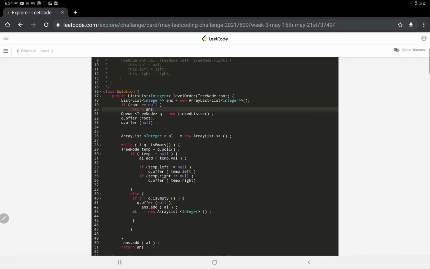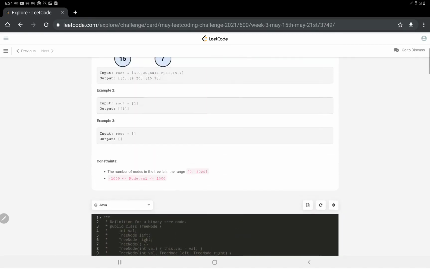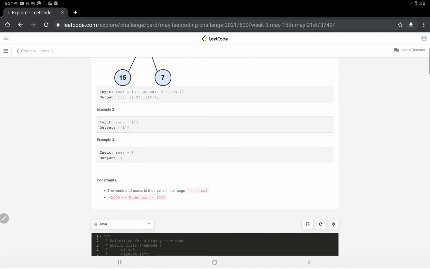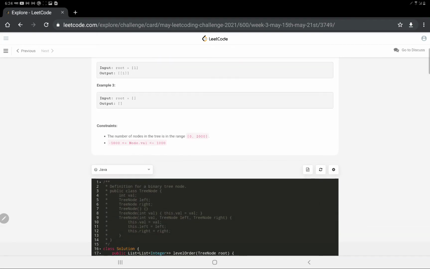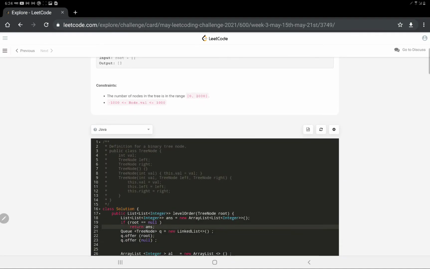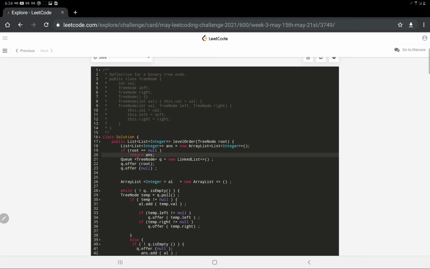Here is a very well defined code. Basically, if the root is null we have to return an empty list, not null, because in the test case mentioned over here we got the hint. If it's null, we will return an empty array list. The return type is array list, not a tree node value. If it were a tree node value we could have returned null, but since it's array list, we have to return an array list. That's why it's initialized over here.